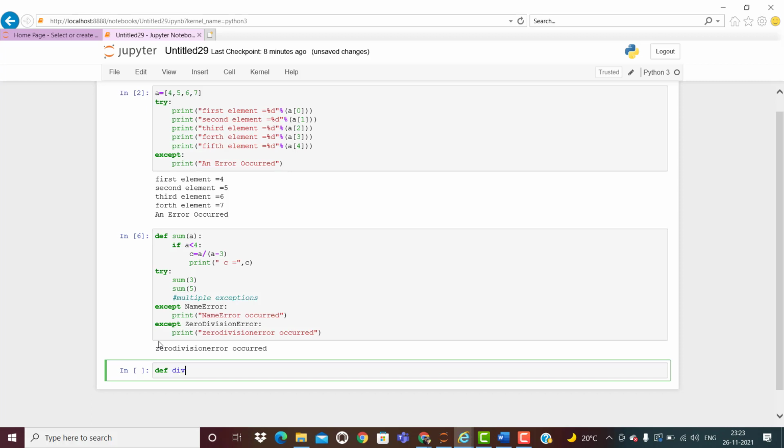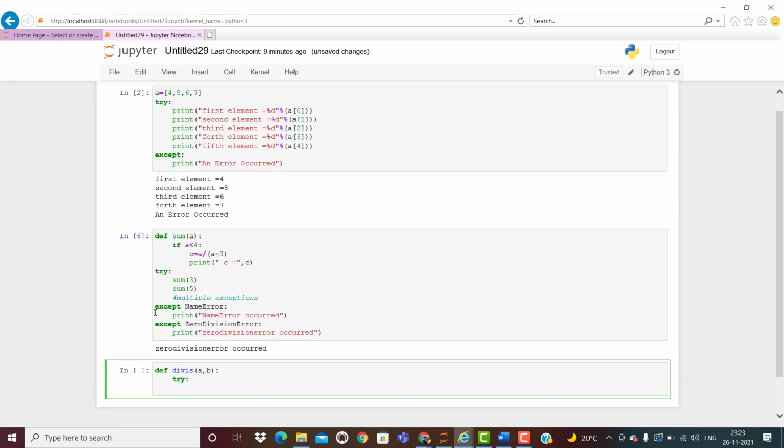So here I'll write div, and here a comma b I'm writing, and here I'm going to write try. Result is equal to, let me write here, a plus b by a minus b.